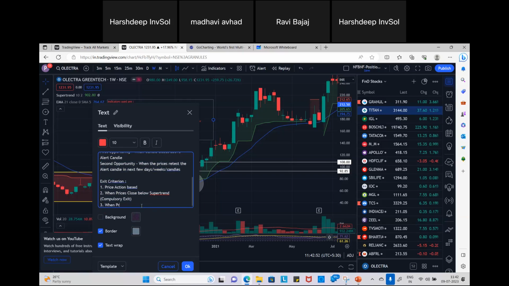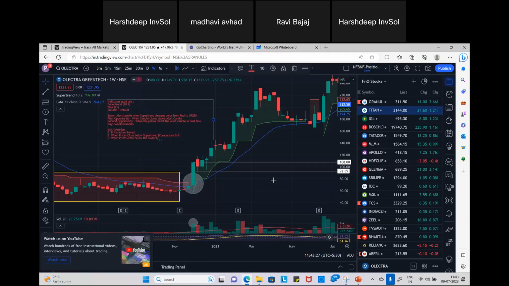When prices close below the moving average 21, or I will write down EMA in short. So we have listed the entry criteria as well as exit criteria for this